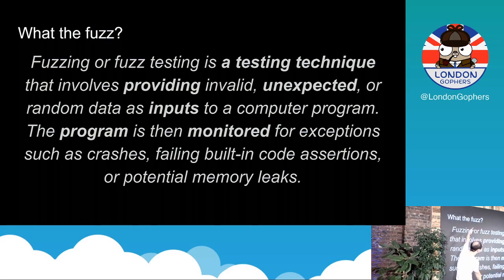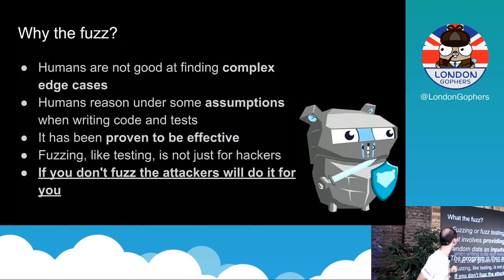Fuzzing has this long definition. You actually don't need to read through all of that, but the general idea is that you test your program without knowing what your program does. You just throw random data at it, and every time you find out something new, and I'll discuss what new means, you just keep the input and you say, okay, this program accepts this input, let's move on.